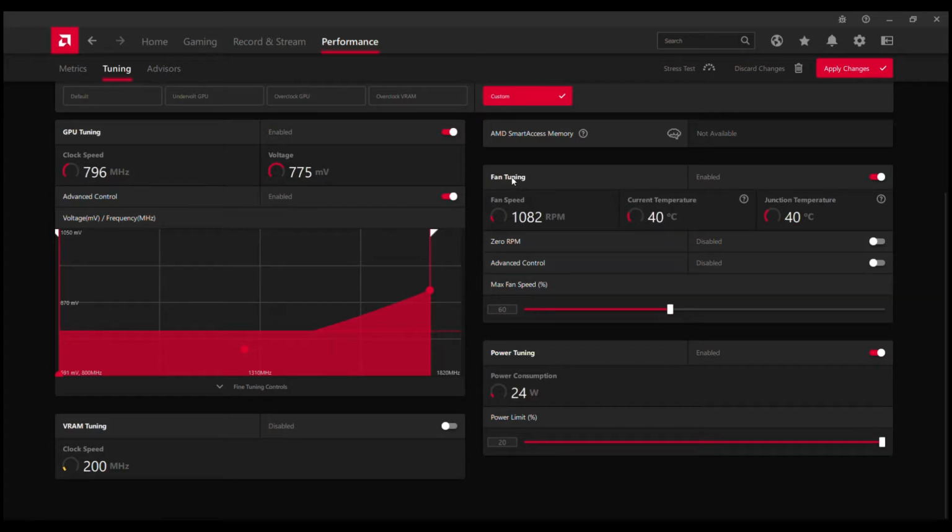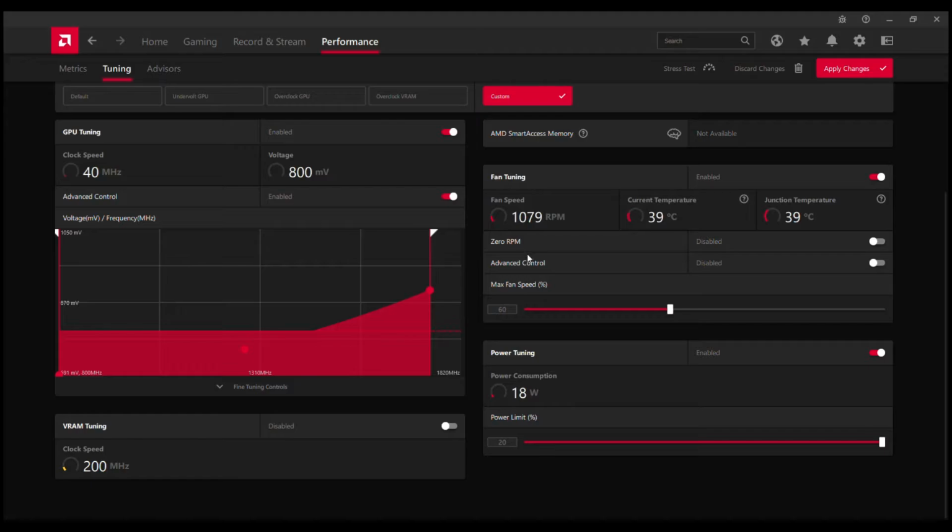And then fan tuning. It is not necessary to change something in this section, but you can if you want to. So in my case, I disabled 0 RPM, so my video card will be cooler, because with 0 RPM enabled, the temperature in idle can be around 50 degrees Celsius.